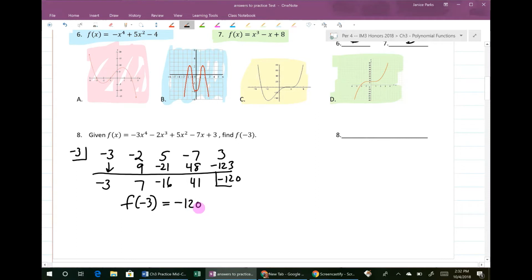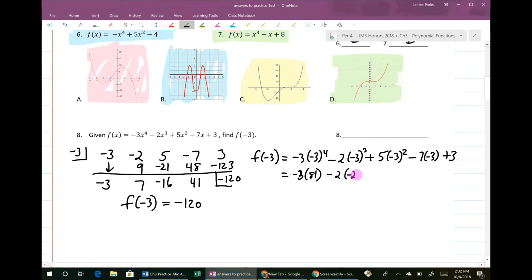If you were doing direct substitution, this is the work that I would want to see. -3 times -3 to the 4th. You would fill in the -3 for all the x's. And then you would show the work. So this would be -3 times +81, -2 times -27, times 9, plus 21, plus 3,